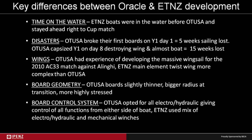Now the wings, there's no denying that Oracle had a tremendous legacy of experience in developing that massive wing for the trimaran, and that was a definite plus in the Oracle camp from day one. Those wings were all virtually identical. We did consider and investigate the main element twist that Team New Zealand stuck with. We couldn't find any advantage. We tested it on the 45s. It meant a heavier wing, a more